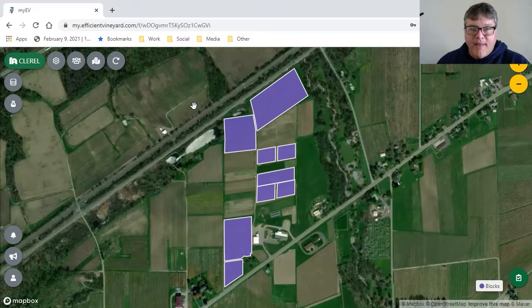But if I want to map spatial data within that block, I can use sensors to collect spatial data and import that in and be able to visualize it in my blocks. But if you don't have that kind of equipment, we figured out a way for you to be able to collect spatial data with just your smartphone, and we call that the data collector. So if you go down to the right hand side at the bottom, there's a little green button that looks like a clipboard, and that's where you can make a data collector.